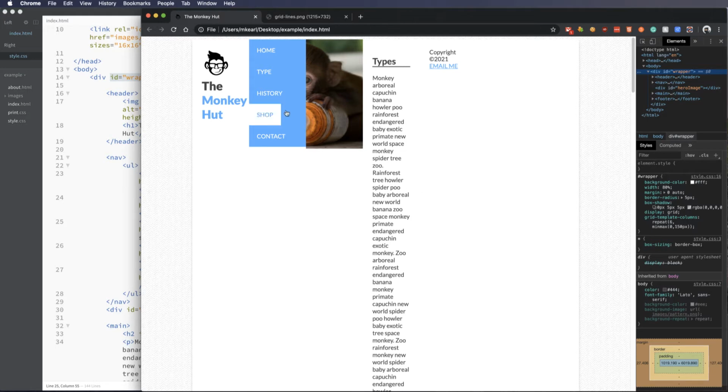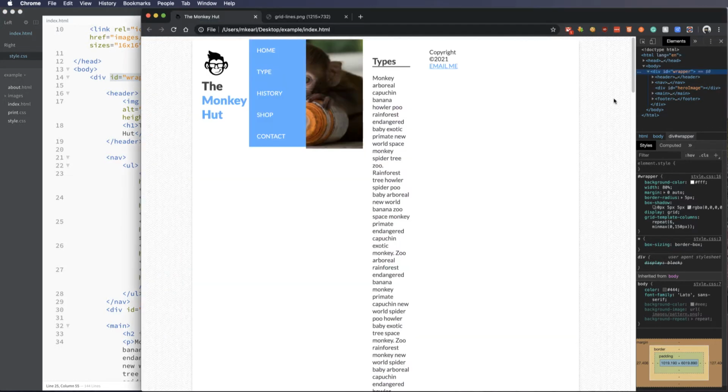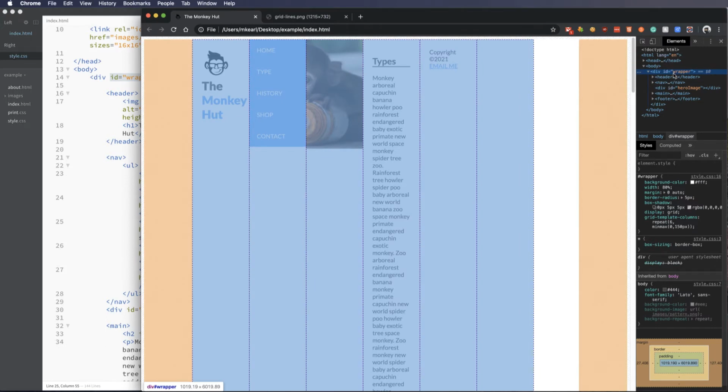And now you can see how our items, a header, navigation, our image has been put into that column. Our main is in here and our footer. So 1, 2, 3, 4, 5. And so this is really ugly. But we do have those kind of showing up. And we can look at that again by going in a wrapper. And you can see the orange on the sides is our margin 0 auto, where it's centering it. And then we have those